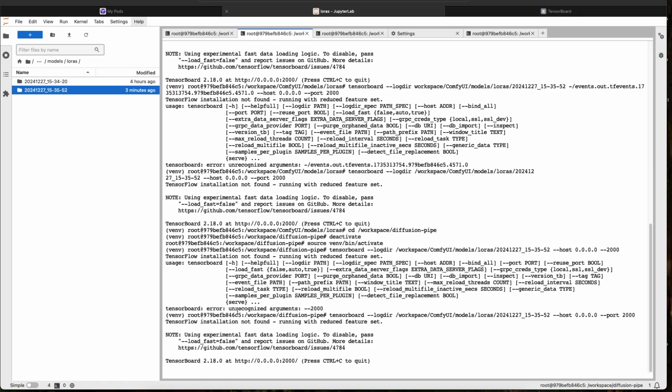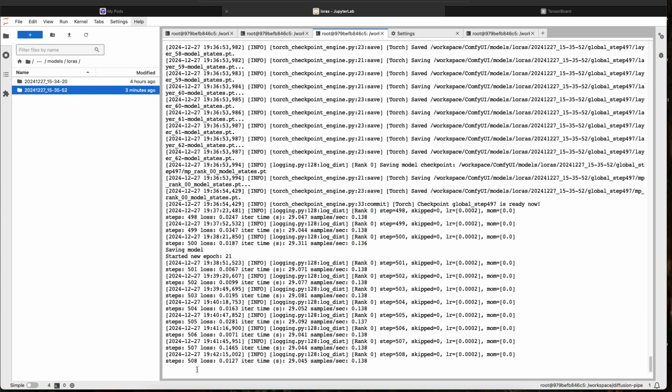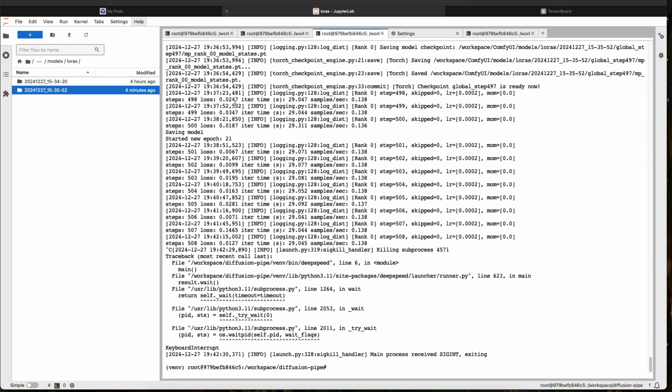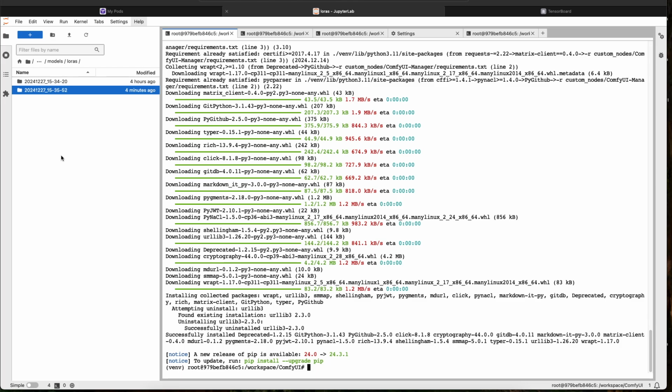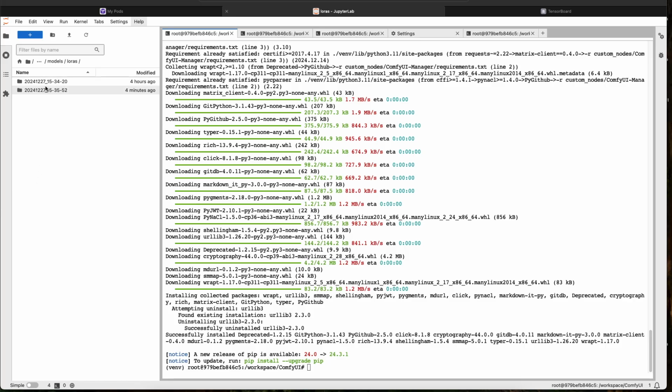Alright, so let's kill this Tensorboard. Let's stop the training. And then this is where you're going to see it pay off that we used the models LoRAs directory for ComfyUI. We used ComfyUI for all of our directories, for our models and for our LoRAs. So we're going to start up ComfyUI, main.py,